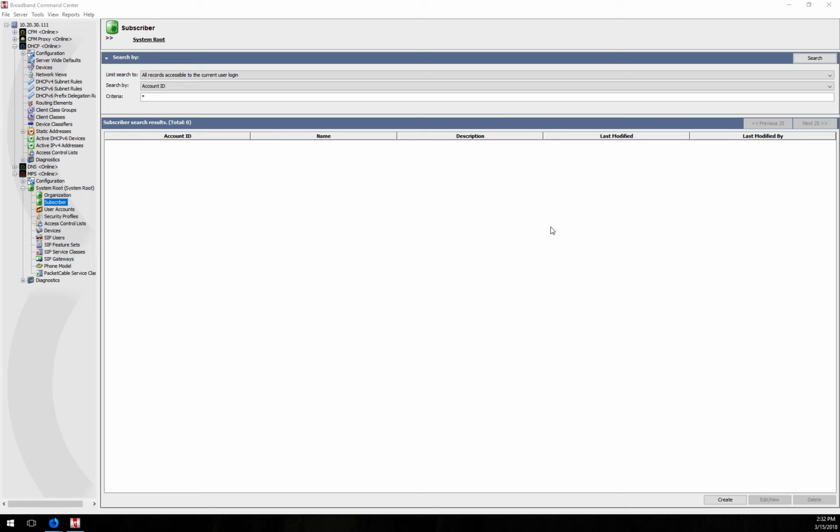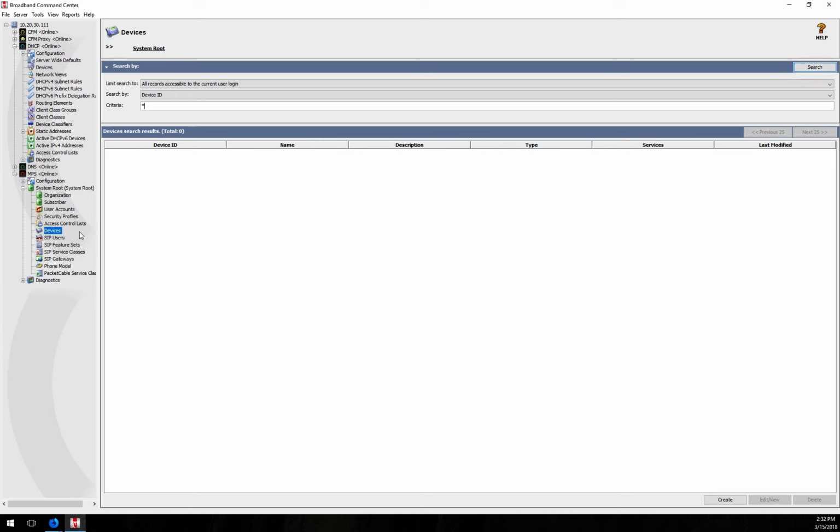In this short video I'm going to show you how to integrate Incognito with Sonar, and on the screen right now you can see the Incognito Broadband Command Center, and specifically what we're going to be using for this integration is their MPS module. And what Sonar is going to do is create or update subscribers in here, as well as creating or updating devices, namely cable modems, and then associating different client classes with them based on the address